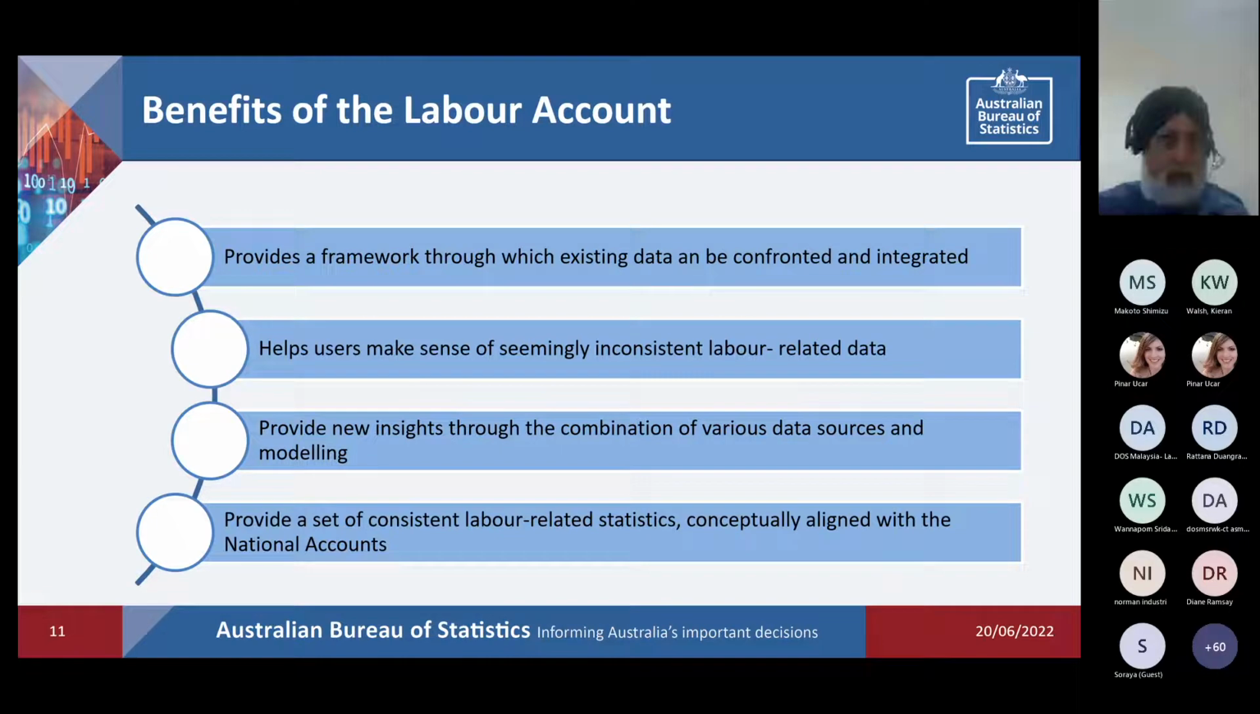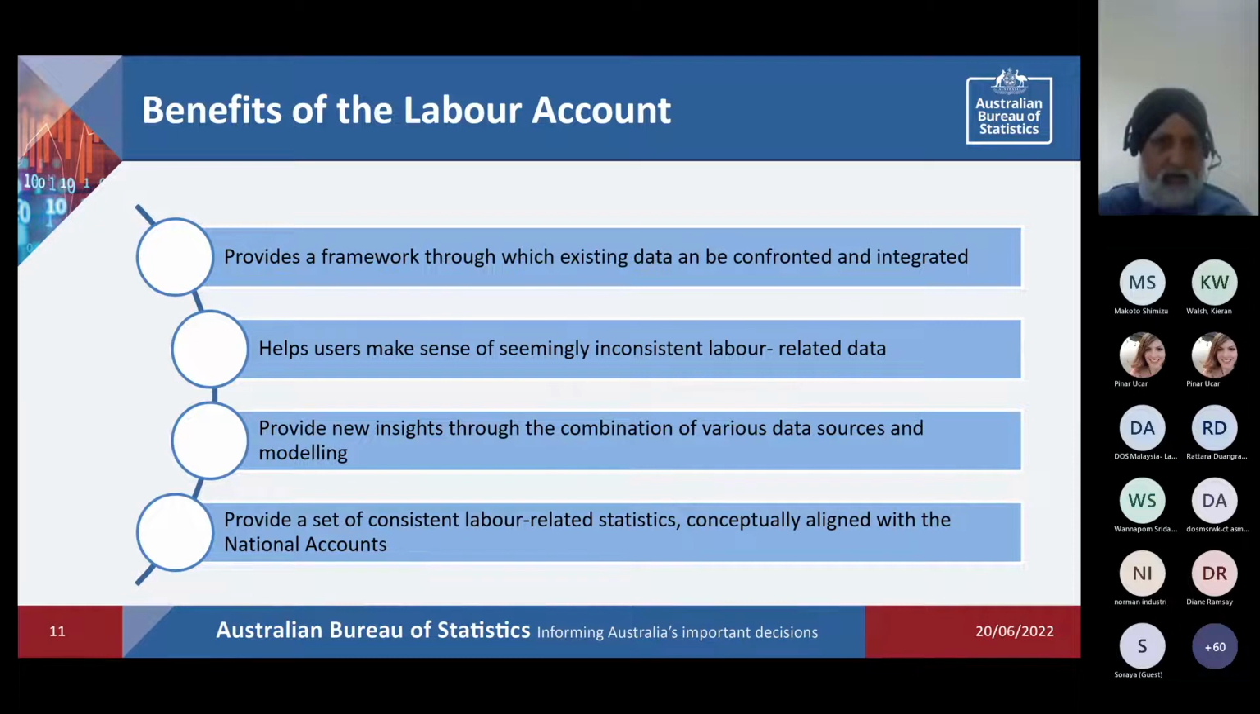The labor account can also provide new insights in terms of estimates of the number of people employed, jobs, hours worked, and income over time for each industry, which in Australia's case wasn't previously available at the industry level. The labor account also aims to provide a set of labor statistics that is consistent with the concepts, definitions, and scope of the system of national accounts. I should emphasize here that